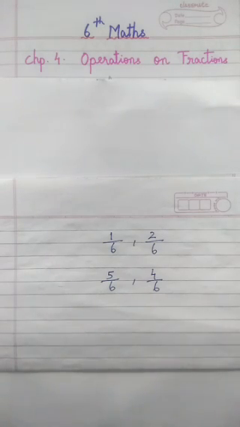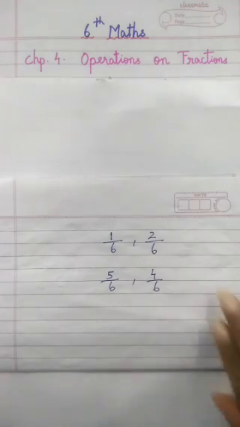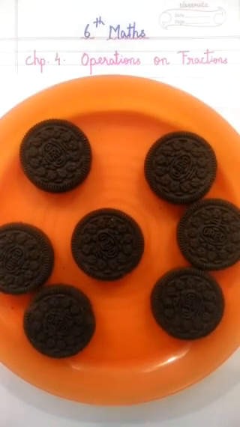Okay. Now, today we are going to learn something new. Let's have a look at another example. I have 7 Oreo biscuits. You can see for yourselves, count them. There are a total of 7 of them. So now, if I want to share them with you equally, how can we do that?